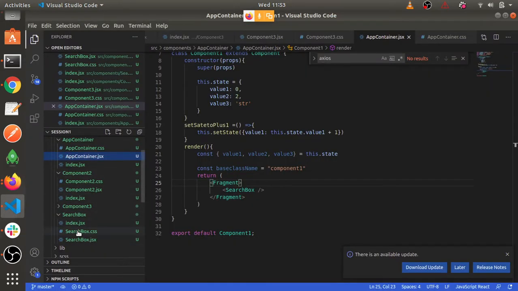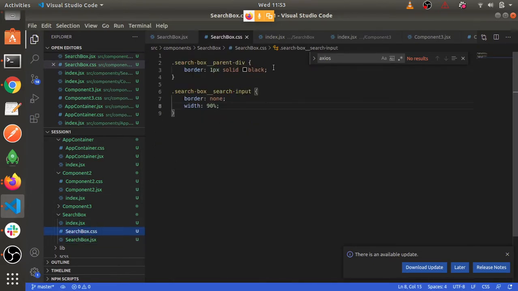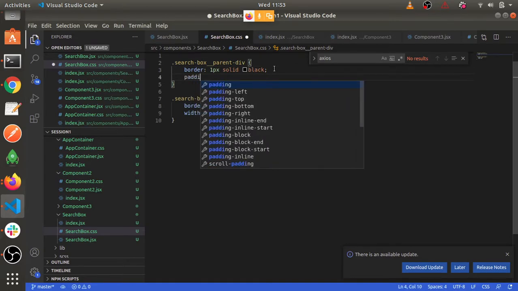So I'll go in this, and inside this div I'll give a little bit of padding. How much padding we should give is not defined from the design, but if you are working on Zeplin or something, those paddings will be clear to you by seeing the design. So let's give it a padding.